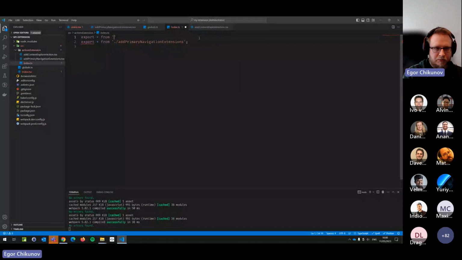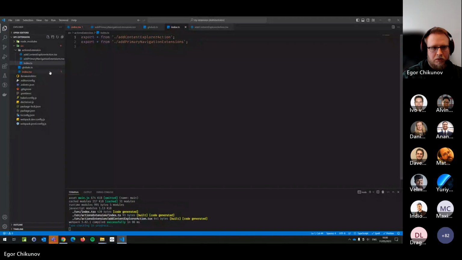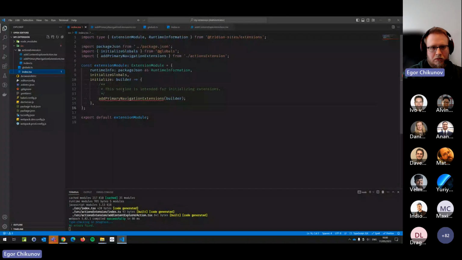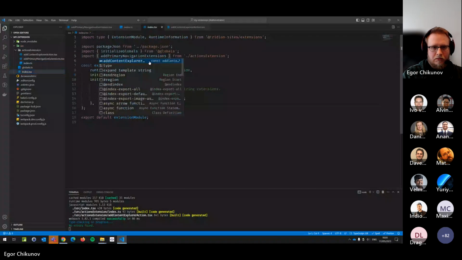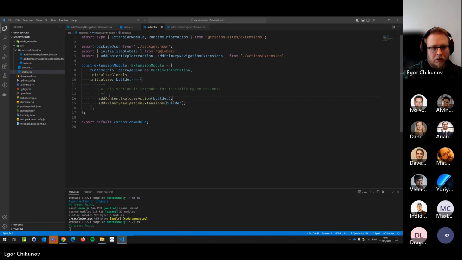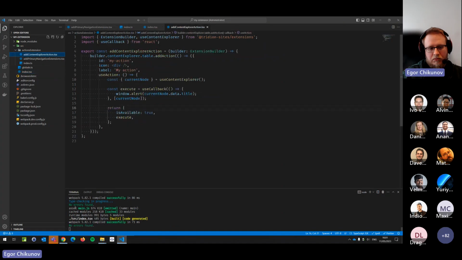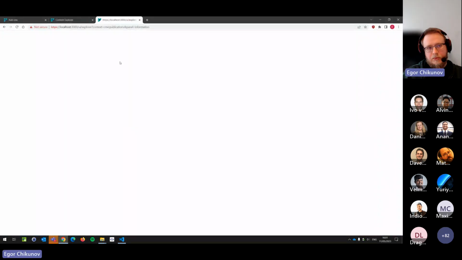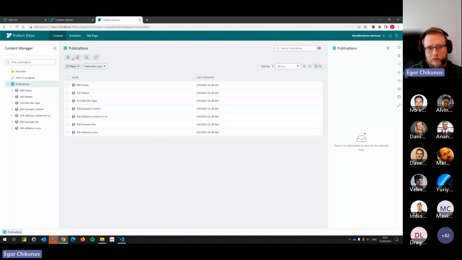So let's export this. And the same way as before. Yes, we added a new extension action, but we didn't specify where it's supposed to be shown, which is a